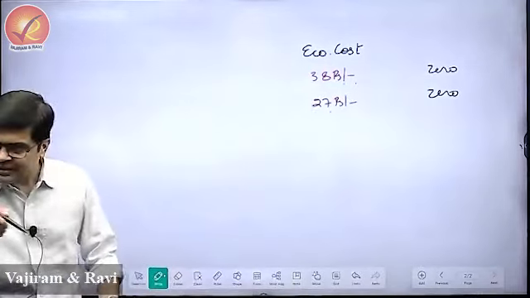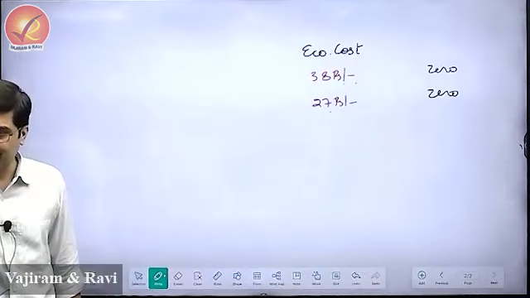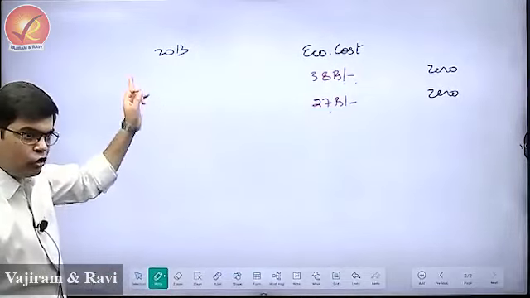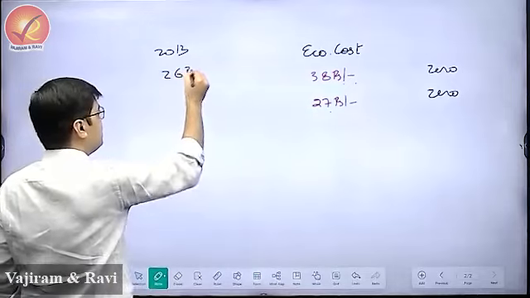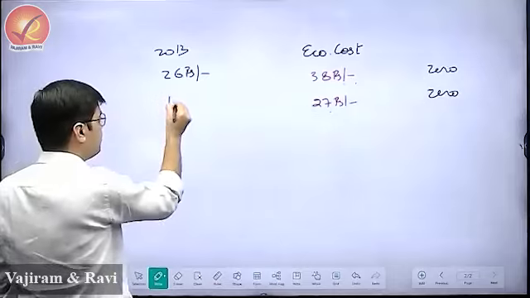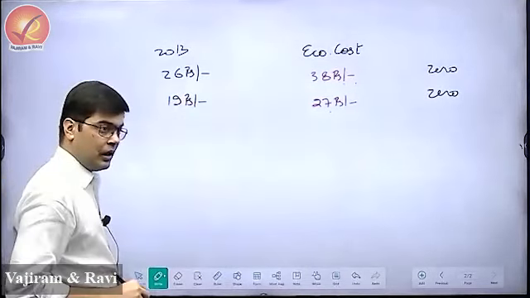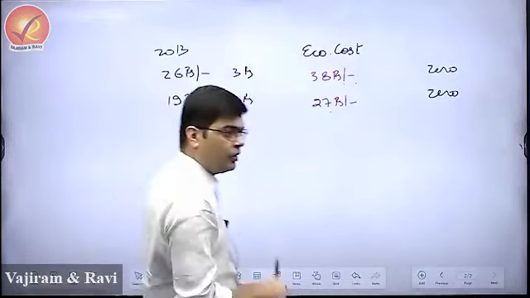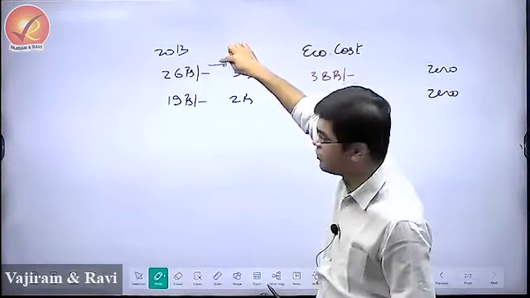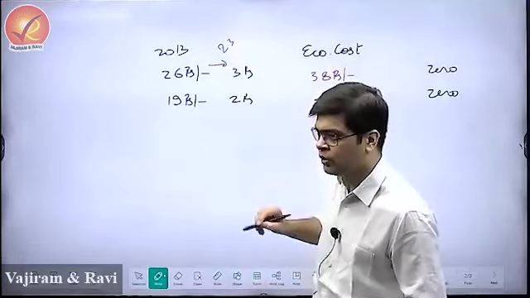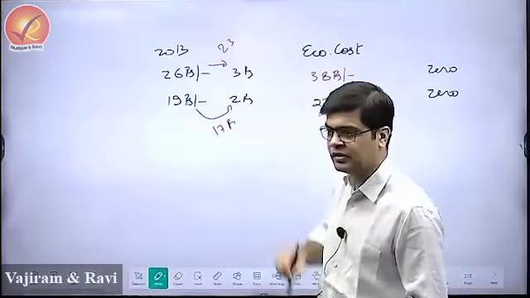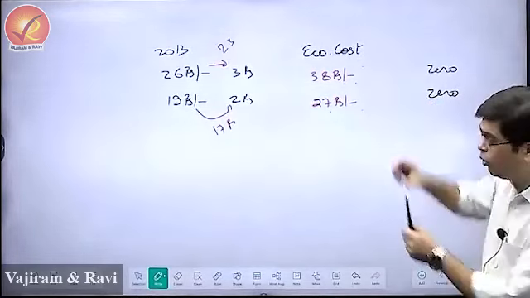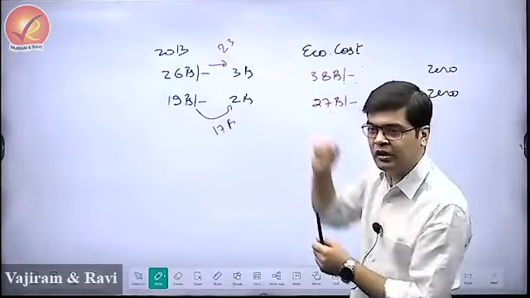Now, if I look at this scheme that was started in 2013, the National Food Security Act, in 2013 the economic cost of rice was 26 rupees a kg. The economic cost of wheat was 19 rupees a kg. And then it was given to people at 3 rupees and 2 rupees. What was the subsidy offered by the government on every kg of rice then? 23 rupees. On every kg of wheat, 17 rupees. Now what is the subsidy today? 38 rupees for rice and 27 rupees for wheat. Look at the increase in the subsidy burden on the government.